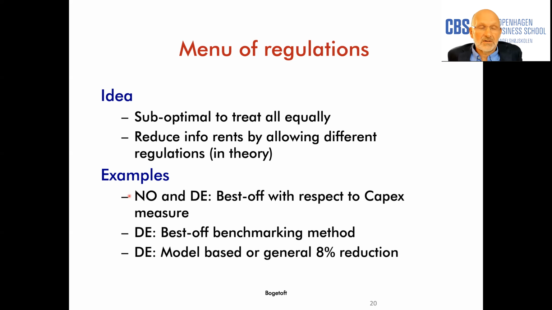In Germany, they actually go one step further, because you can also do a benchmark model based on SFA or based on DEA. And what they do in Germany is that they do both the DEA and SFA model, and they do both of these models on standardized capital expenses and normal capital expenses. In this way, you basically get 4 different models that the companies can choose from, but you can predict which one they want to choose, because they want to choose the one that gives them the best possible score. So in this sense, it is a menu, but it's kind of obvious how the companies would choose from this menu.